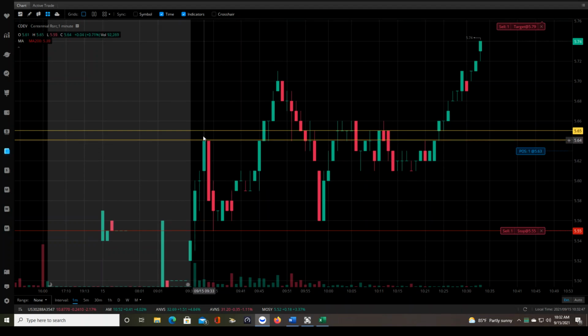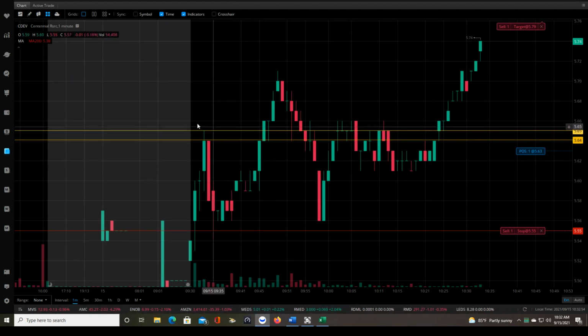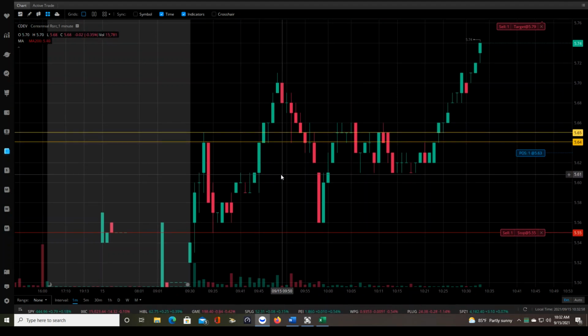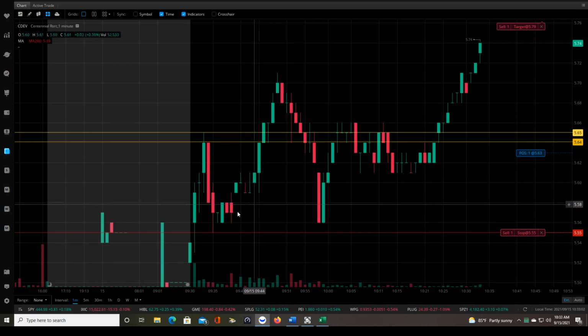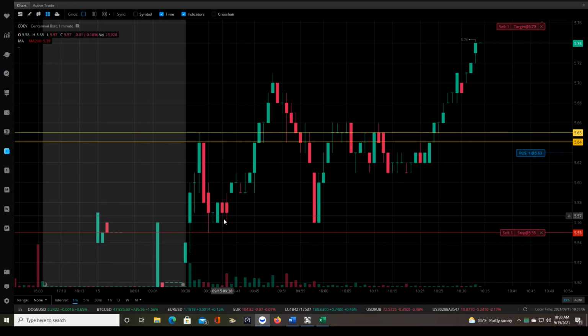So once that previous high is broken, then you're waiting for a pullback, and then you're also waiting for that high of day to be broken. That is what separates this from the mid-cap market open trading we were doing previous to this. Our first entry would have been right here on the mid-cap market open, and actually would have worked out in